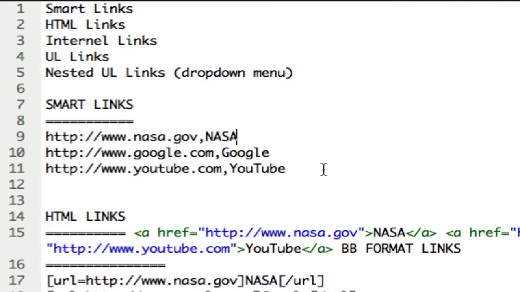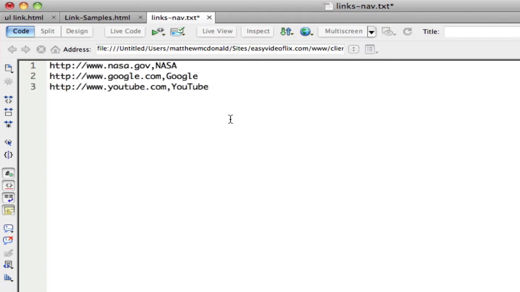So I'm going to grab these three different links and paste them into the links nav text file. We've got our first link going to NASA, second link going to Google, and third one going to YouTube, and they're the links we're going to be using for this tutorial. We've got one link per line, so if you wanted to add more links you just keep going and add more links. I'm just going to save that